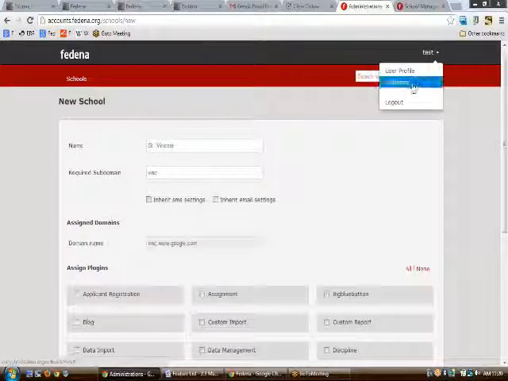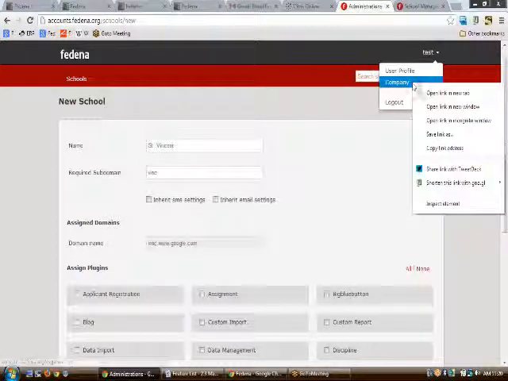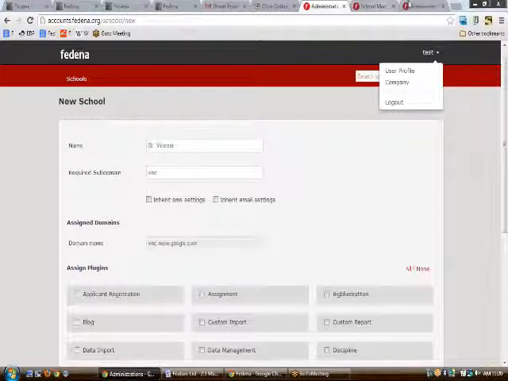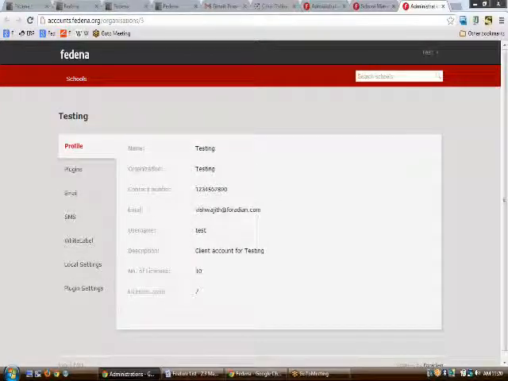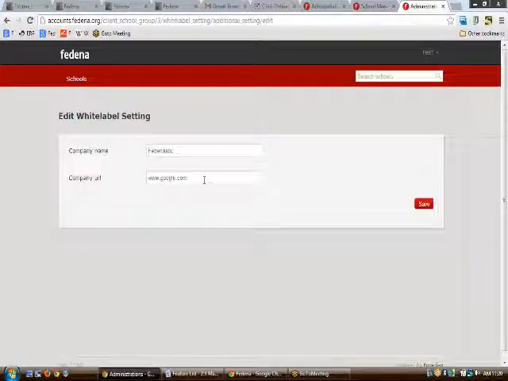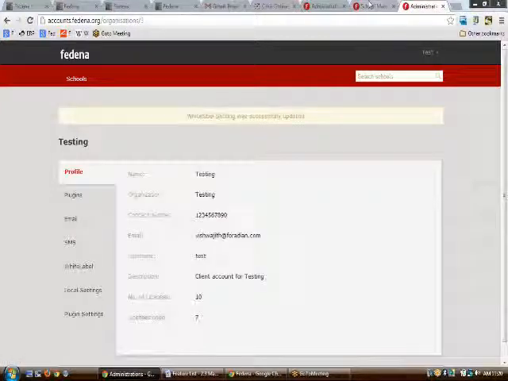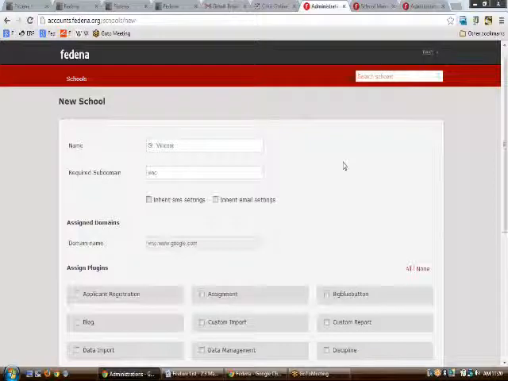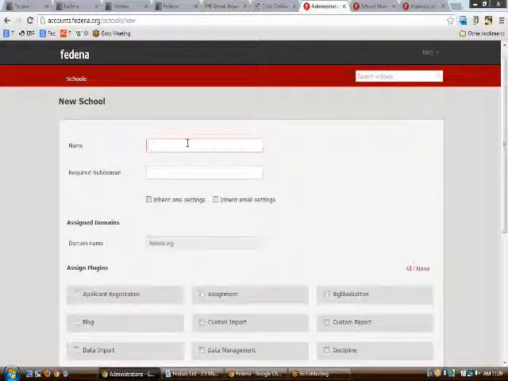Moreover, the white label settings are a very sensitive thing that is to be set up. As we can see, we have some white label settings here. So this needs to be omitted. Please note that when you have something called fedina.org as your domain name, that domain name can be used.